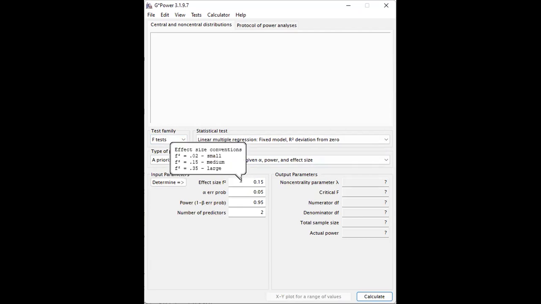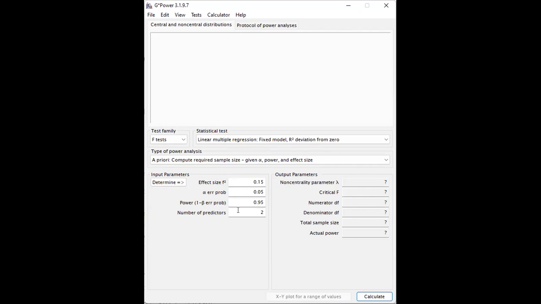How many? And then what does it mean by the effect size? Okay, you can use 0.02 for small effect size, 0.15 medium and 0.35 large. Up to you which one you want to use. For example in this case, you propose guna 0.15 medium. Alpha error probability, kalau you decide the confidence level 95, biasanya kat sini dia akan jadi 0.05. Terbalik je, alpha dengan power ni, 1 minus beta. Kalau sini 0.01, so sini akan jadi 0.99.